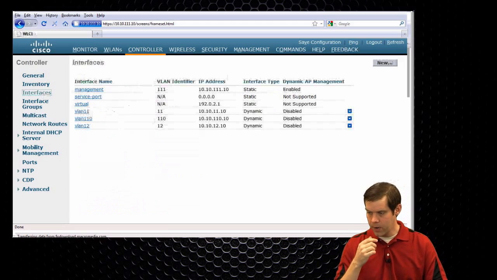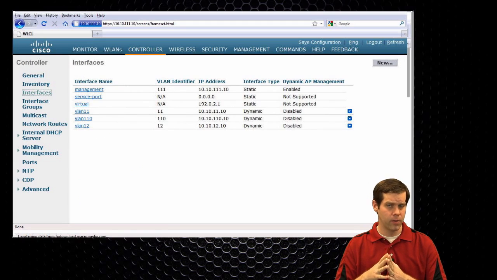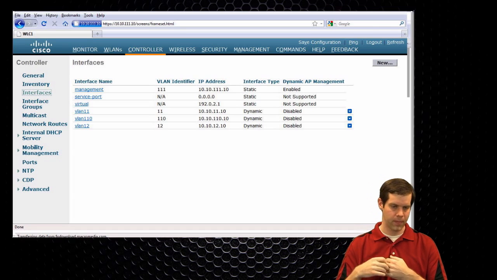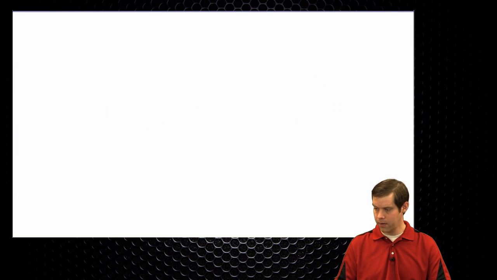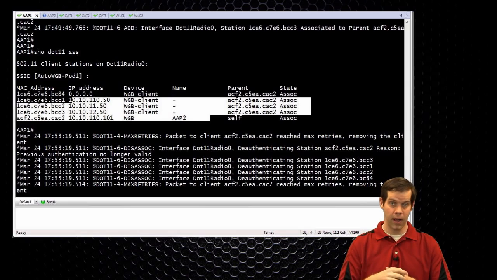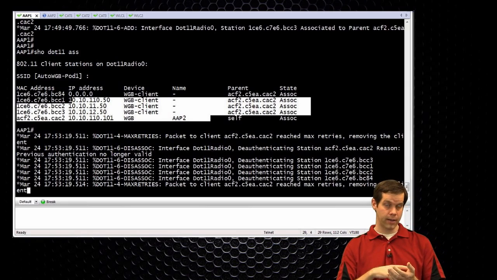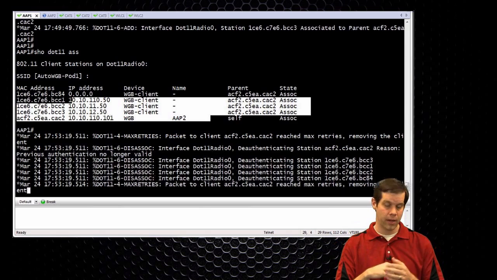Okay, then there's one other thing I want to kind of talk about. It's just sort of a little weird state that you can run into with things in the workgroup bridge world, and then we'll kind of wrap things up for the lecture here. So, on the workgroup bridge, as I've been referencing up until this point, the root AP, whether it's autonomous or unified, is keeping track of every wired device behind that workgroup bridge. So if any packet comes into the root AP destined towards a client on the other side of that workgroup bridge, the root AP is only going to forward that packet across if the foreign client is in